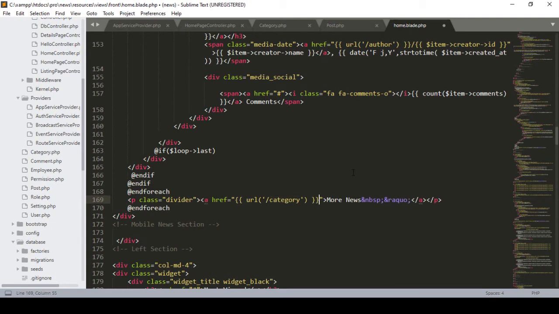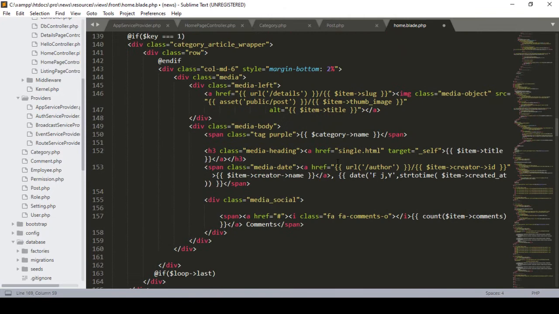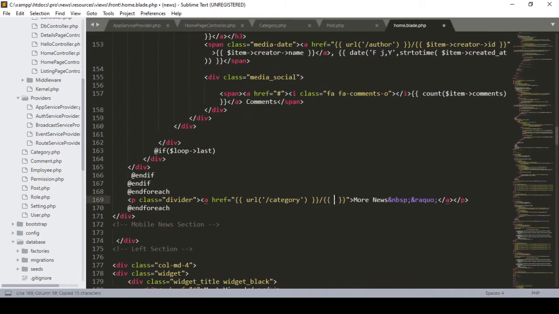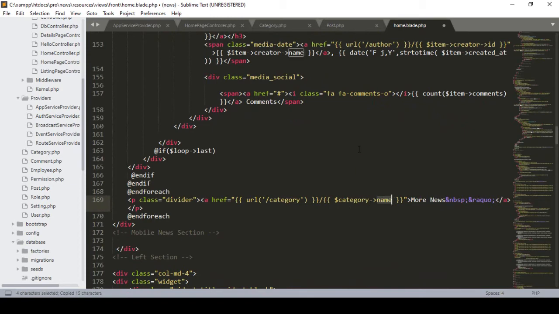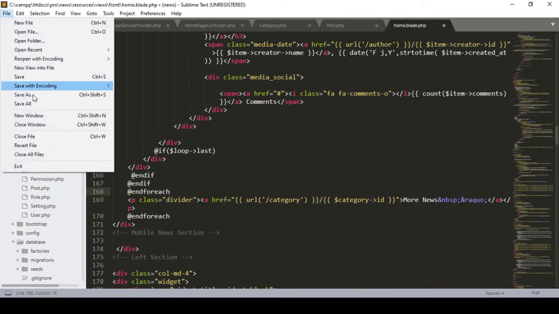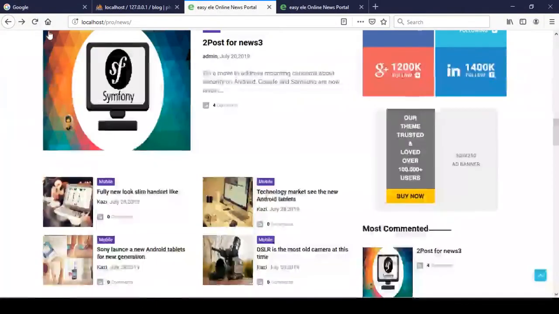And after that, here there is a slash, and then I have to define it so it should be redirected by the category ID. So here I define our category ID with the categories, like here with the category I define that ID. Here I define our category field as ID. So now if you click on the save, I just click on the save all, and now if you refresh that page,